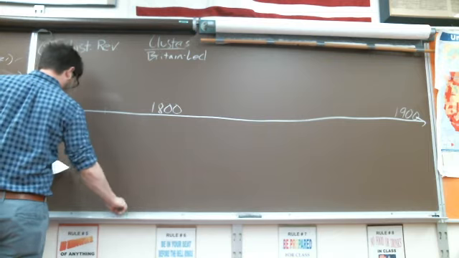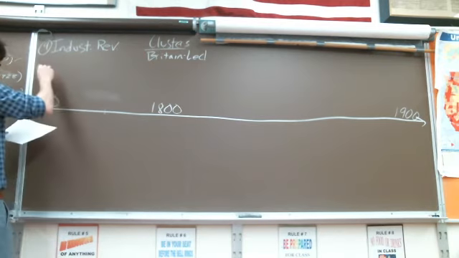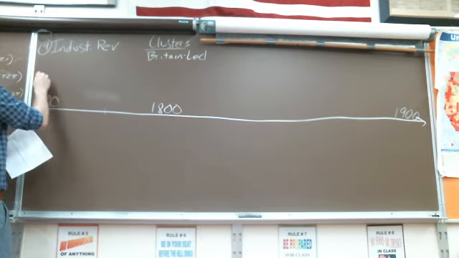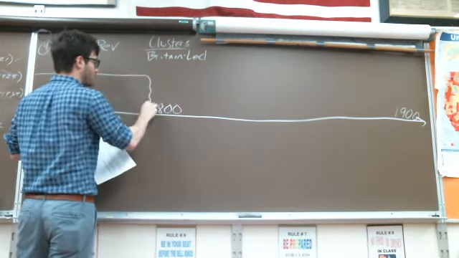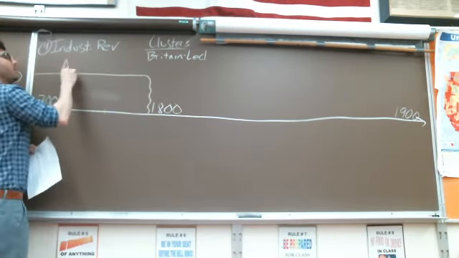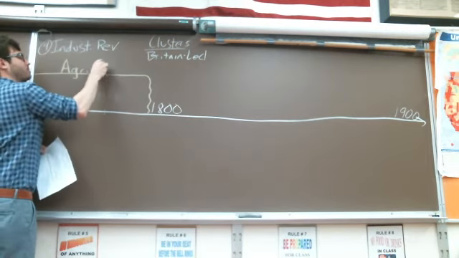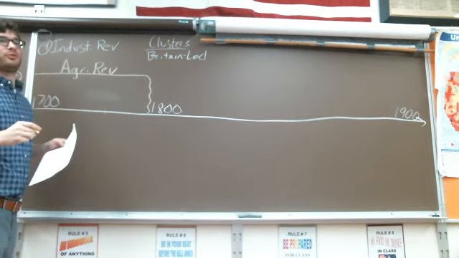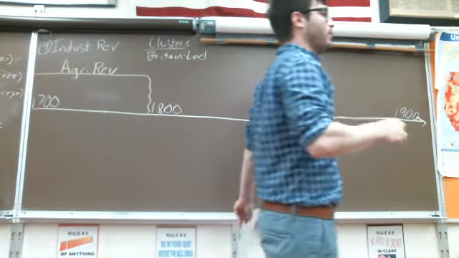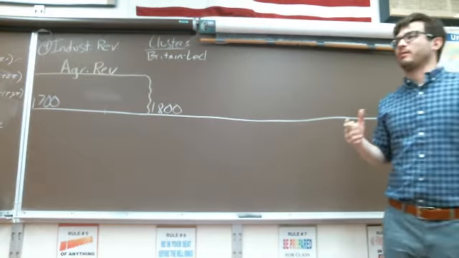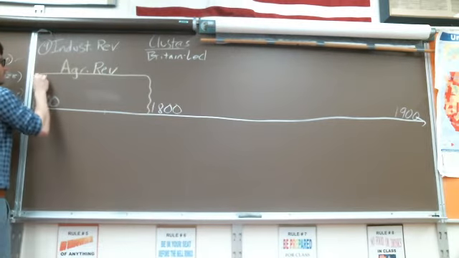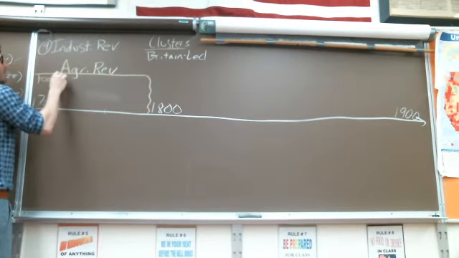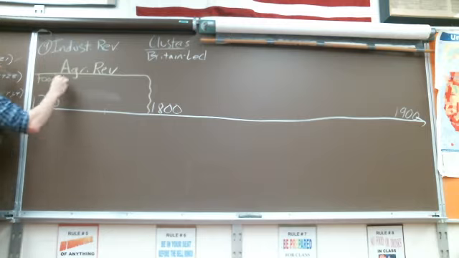So to start out, we look at the Agricultural Revolution, and these timelines here aren't perfectly exact, but the Agricultural Revolution should come right here. And the primary result of the Agricultural Revolution is what? Food, right? And when we get more food in society, some things happen. What is number one? Babies.